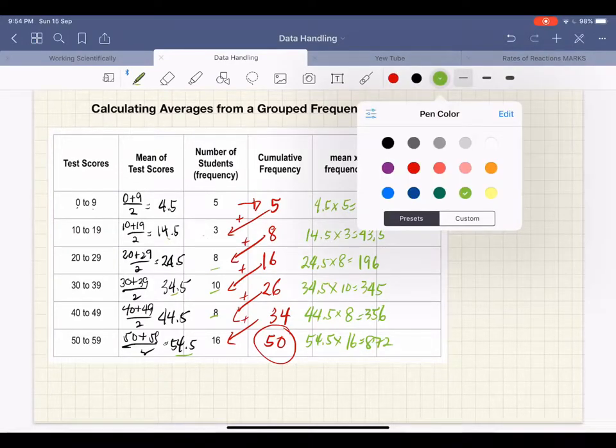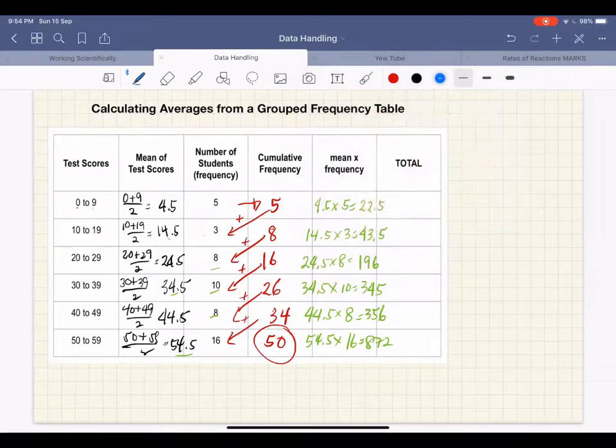So let me just change this to blue. Okay, so we move this here, so I have 22.5. Okay, 22.5 plus 43.5 equals 66, plus 196 equals 262, plus 345 equals 607, plus 356 equals